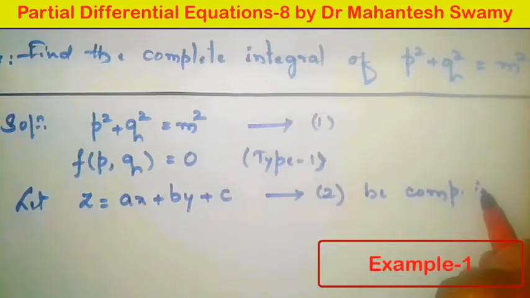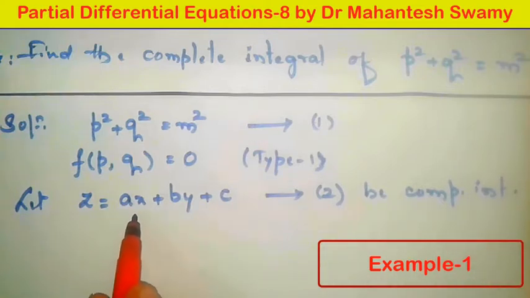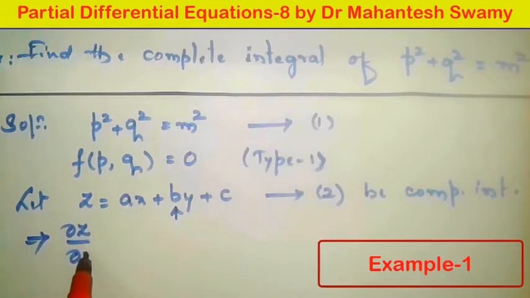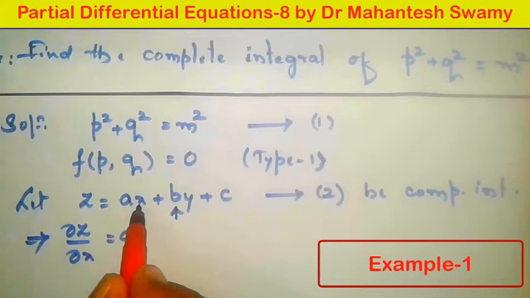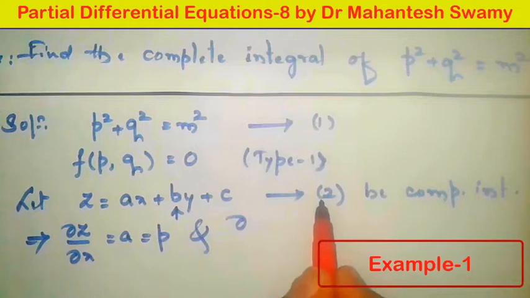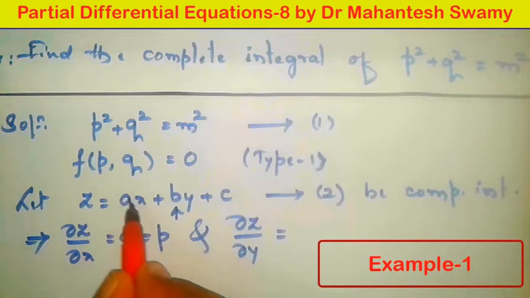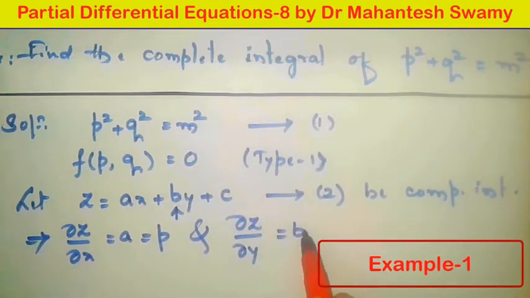That is our assumption here, and we are observing there are three arbitrary constants. Out of these three we are going to eliminate the second one, that is b, with some work. So in order to do that, we have to differentiate this with respect to x. So dou z by dou x is a into 1 plus 0, so of course it is p, and if we differentiate 2 with respect to y, that is dou z by dou y, we get 0 plus b into 1 plus 0, therefore it is b, and we know that dou z by dou y is q.